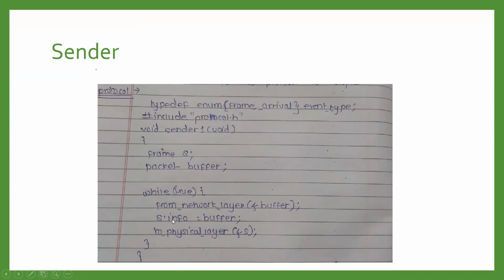It will just transmit it into the buffer with the variable s. The data link layer's buffer will have the data coming from the network layer, and then it will be transmitted to the physical layer with the same variable. After transmitting to the physical layer, the data link layer immediately goes into an infinite loop. It will not wait for anything. It goes directly to the network layer's buffer, pumps out the data and transmits it to the physical layer. So this is what is happening at the sender side.